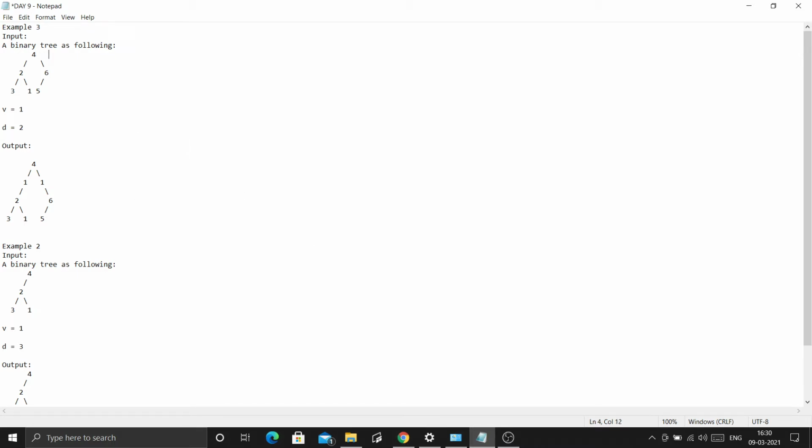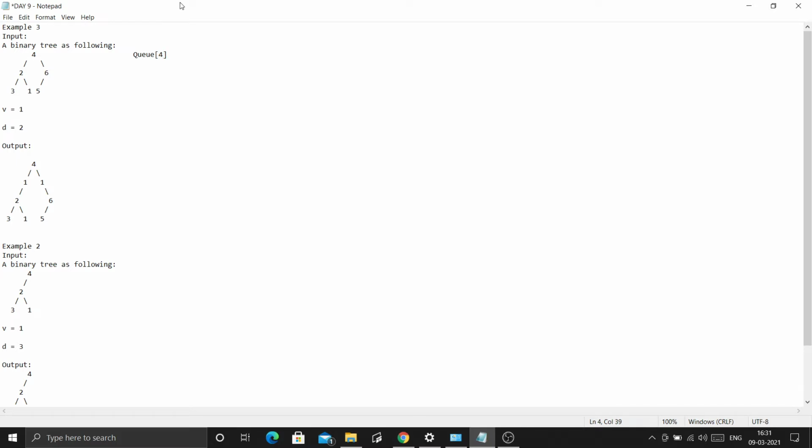Let's start with this example. What I will do is I will traverse over the tree level wise. Level wise means I will use a queue for BFS search. I will create a queue here, and I will insert the root first, so our root is 4 here.